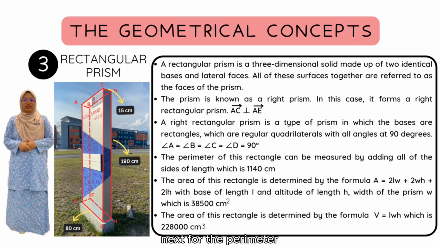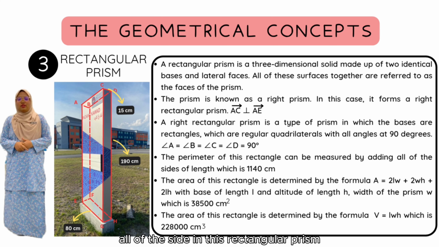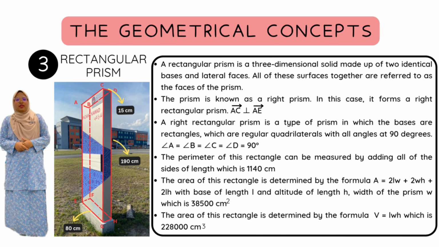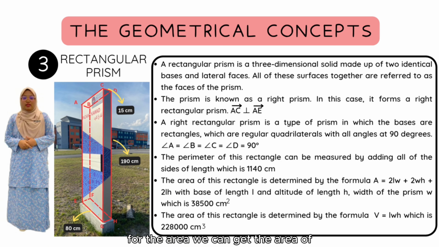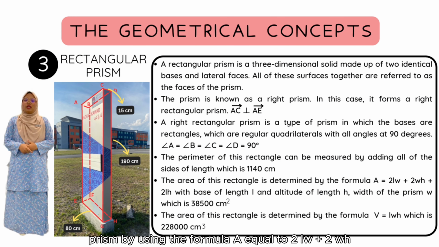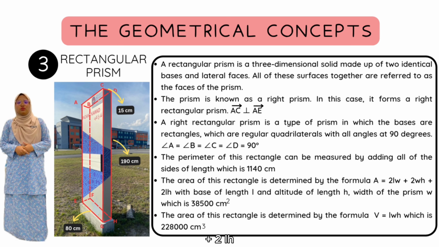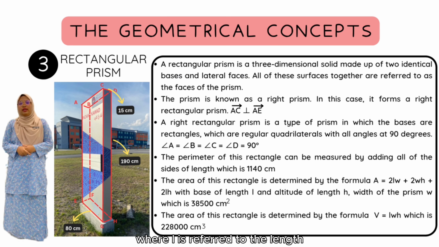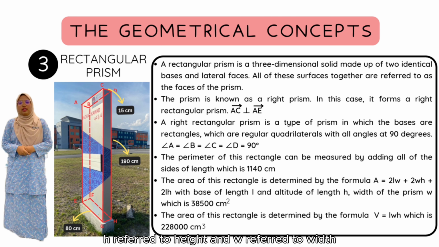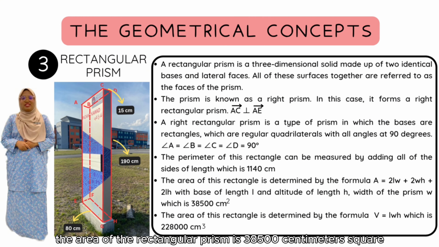Next, for the perimeter, we can measure it by adding all of the sides in this rectangular prism, and we will get the answer 1,140 cm. For the area, we can get the area of the rectangular prism by using the formula A equal to 2LW plus 2WH plus 2LH, where L refers to length, H refers to height, and W refers to width. The area of the rectangular prism is